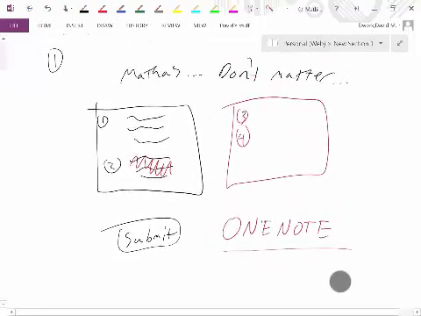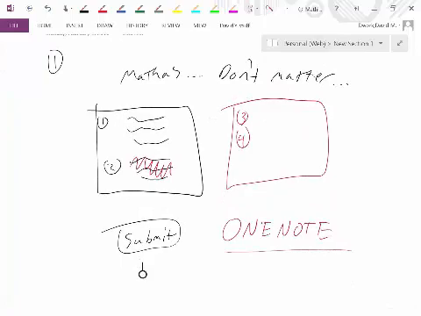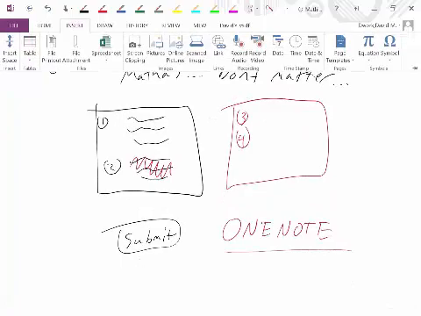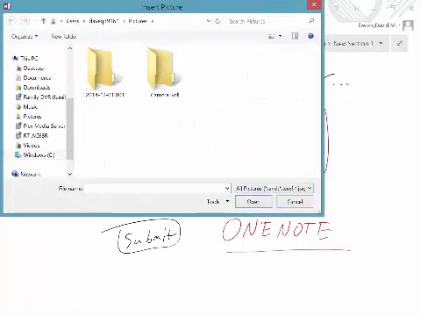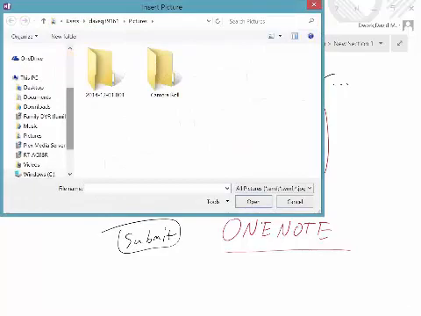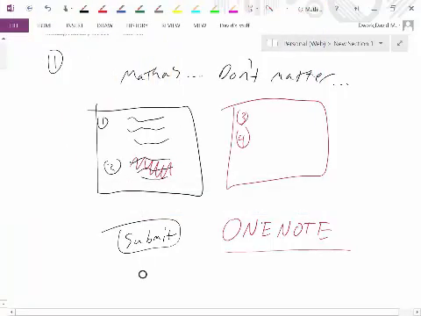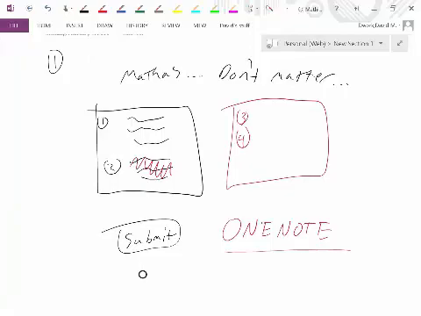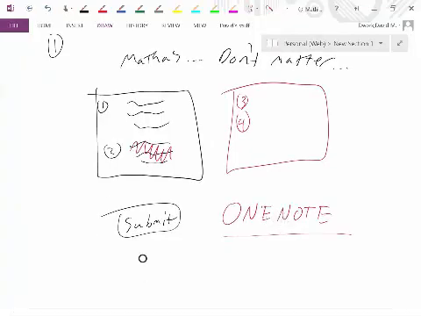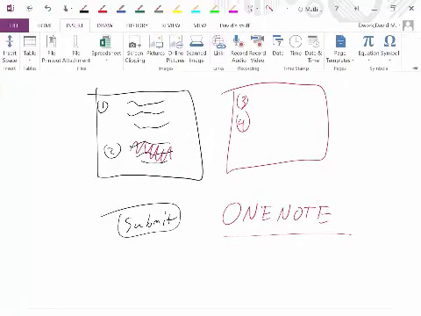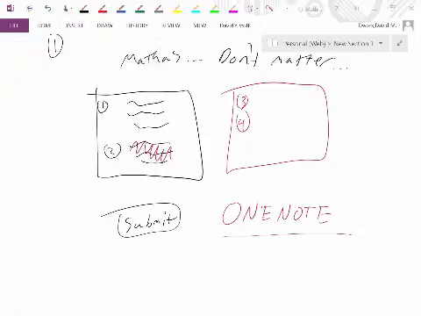So right now I'm in OneNote on my computer, and for example, if I wanted to put a picture in, I just go to Insert, and say Pictures, there we go, and you'll see it brings up my computer. So what you'll have to do is take a picture of your work and upload it to your computer, and then when you actually go to insert and put the picture in,